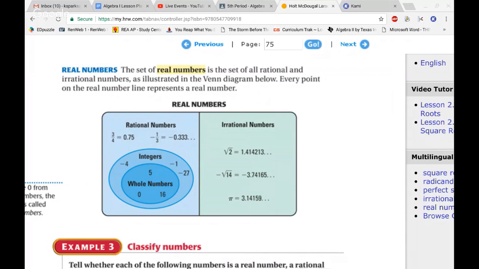So that's a really good chart. Was that in the video? If not, I probably need to make copies of that and hand that out, so that if you don't have it, you can put it in your math composition books. It's a good visual to clarify things and do all of the homework. I don't think I have too many problems where you have to actually classify the numbers,